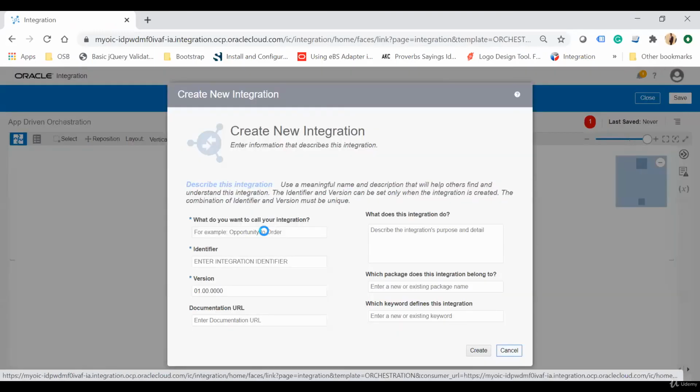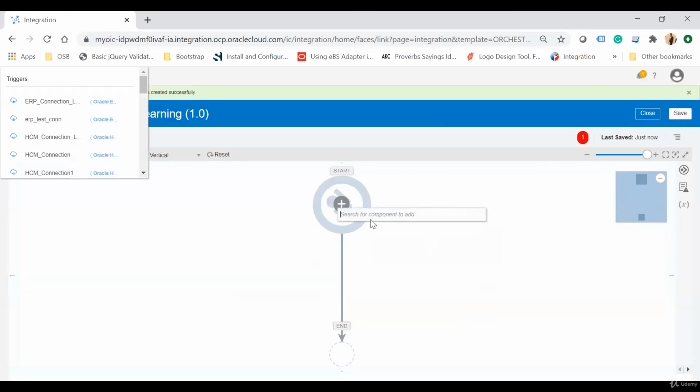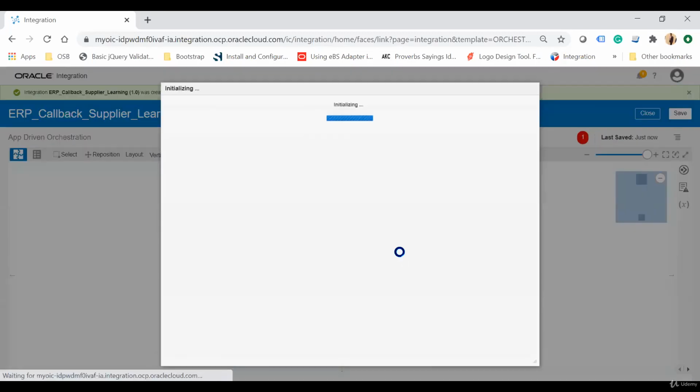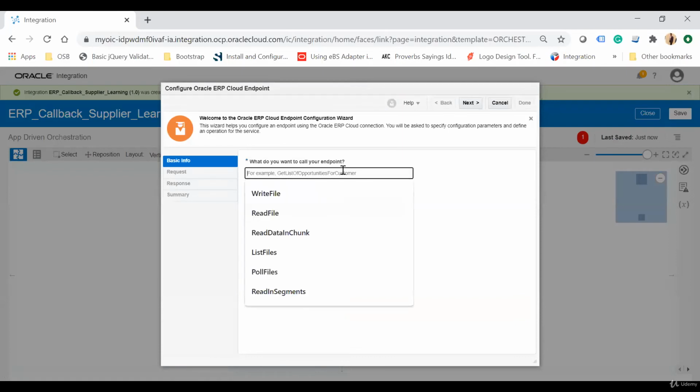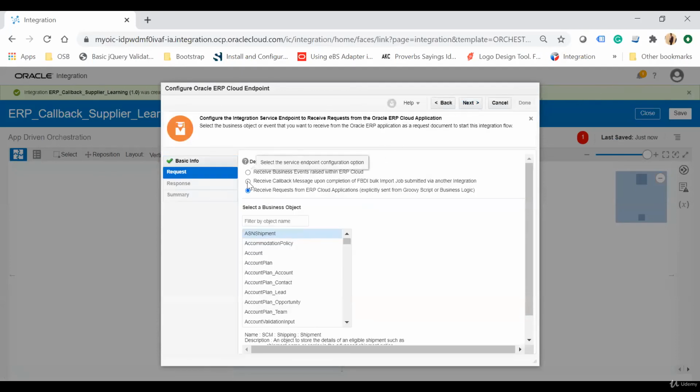From here, I'll give the integration name ERP callback supplier, and then create. From the first screen, from the trigger point, you have to choose your ERP adapter. Now here you see supplier callback, and then next. From here, I choose the receive callback message upon completion of FBDI bulk import job submitted